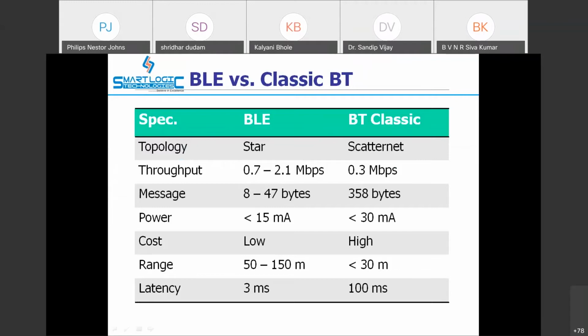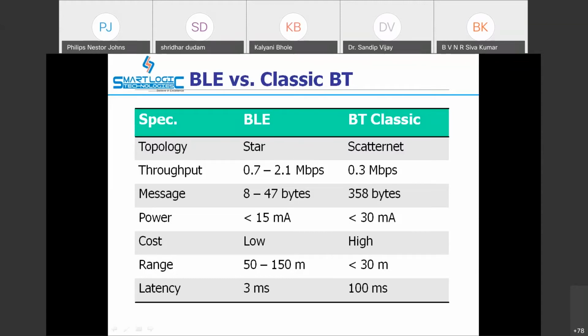This is a simple comparison between classic Bluetooth and BLE. As I mentioned, BLE only operates in a star topology, whereas classic Bluetooth operates in a scatternet. The data transmission is limited in BLE, a small chunk of data ranging from 8 bytes to 47 bytes, whereas in classic Bluetooth it's nearly 358 bytes.